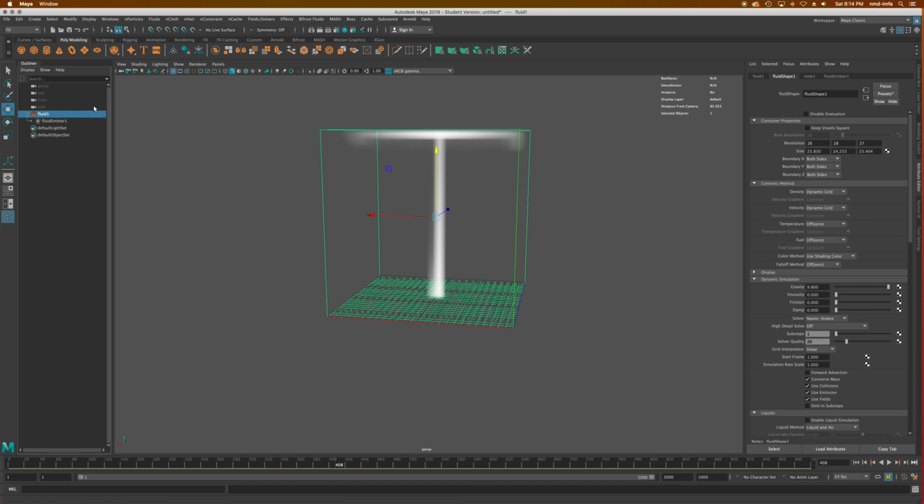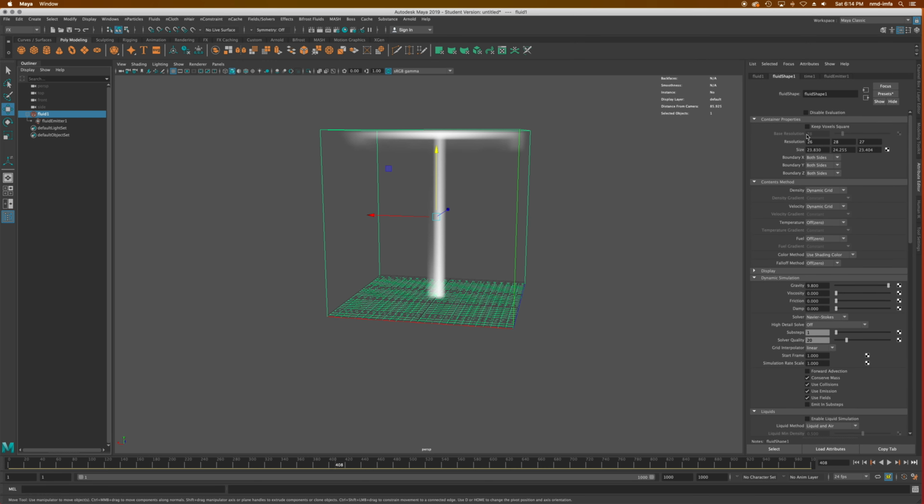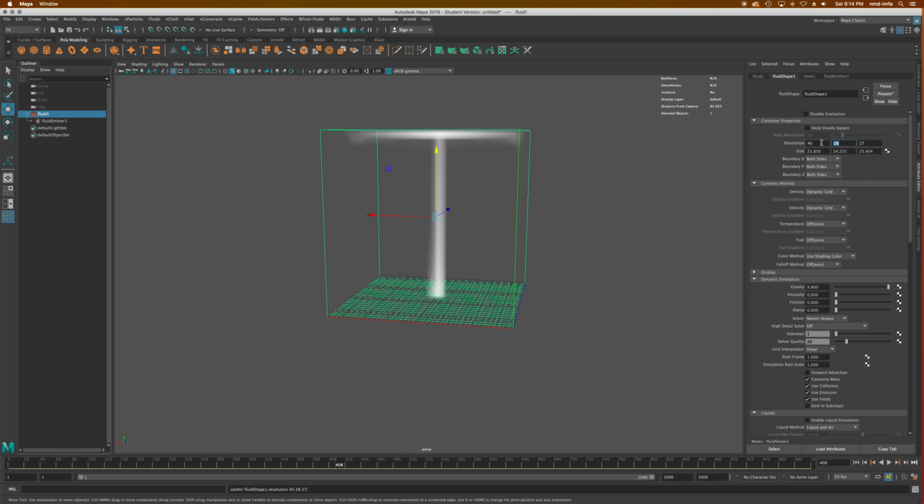As soon as I did that and I clicked on fluid, now you'll see I have fluid 1 and fluid shape. So one of the things I like to do is I think you get a better resolution out of it. You can increase resolution right here on the X, Y, and Z. So I could up these to like 40 by 40 by 40, and I'm going to get a higher